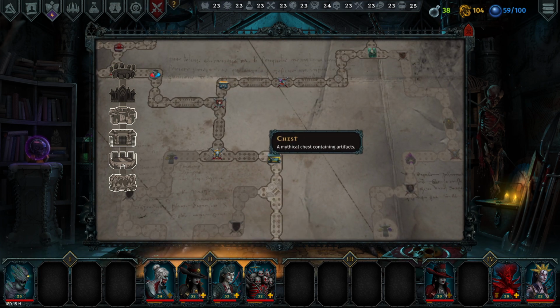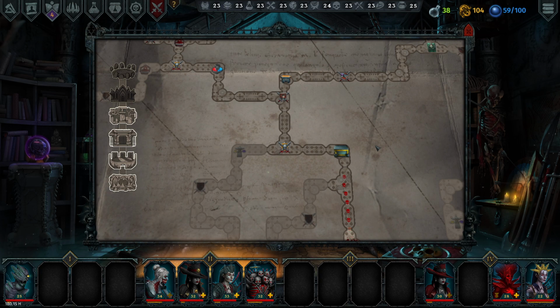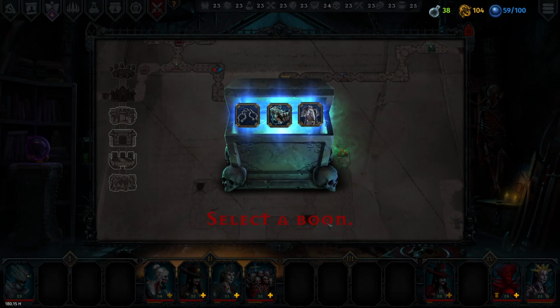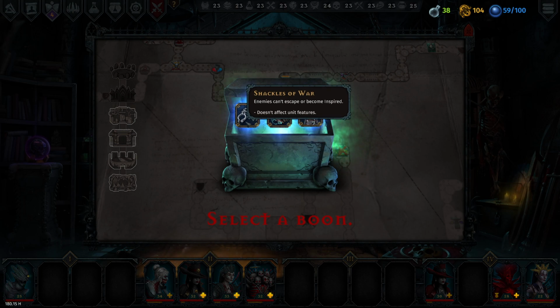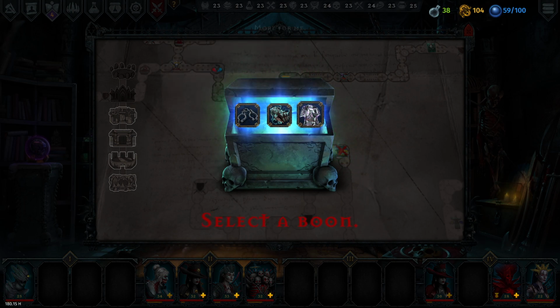Ah, the chest. The mythical artifact chest. Let's see if there's anything nice in here. And then another elite fight. All right, here we go. Again, another Power Fist. We got another Shackles of War. Enemies can't escape or become inspired. Nah. And at the start of each combat, all minions gain +1 block and +1 ward for 2 turns. Wait, what? That's it? I mean... Wait, didn't we get one of these? I feel like this is going to be the most expensive item, but...